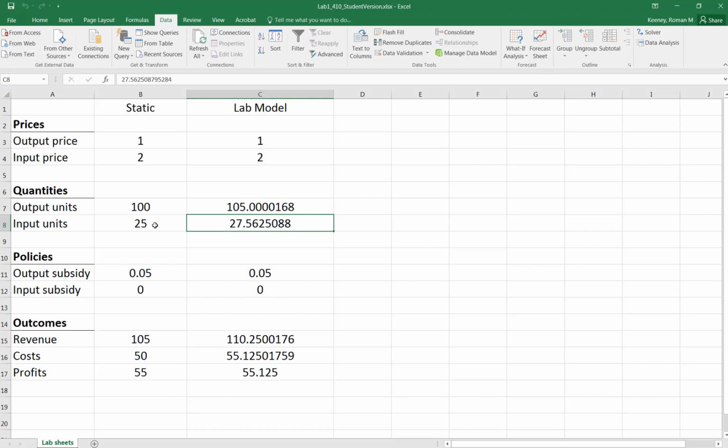The static prediction was 25 units of input, 100 units of output, a profit of 55. This producer, once you offer them a 5-cent subsidy, really 5% of the output price, with this production technology can use 2.5 more units of input, about 10% more units of input. They get about 5% more output, and then they get something slightly less than $5 and a quarter increased revenue,